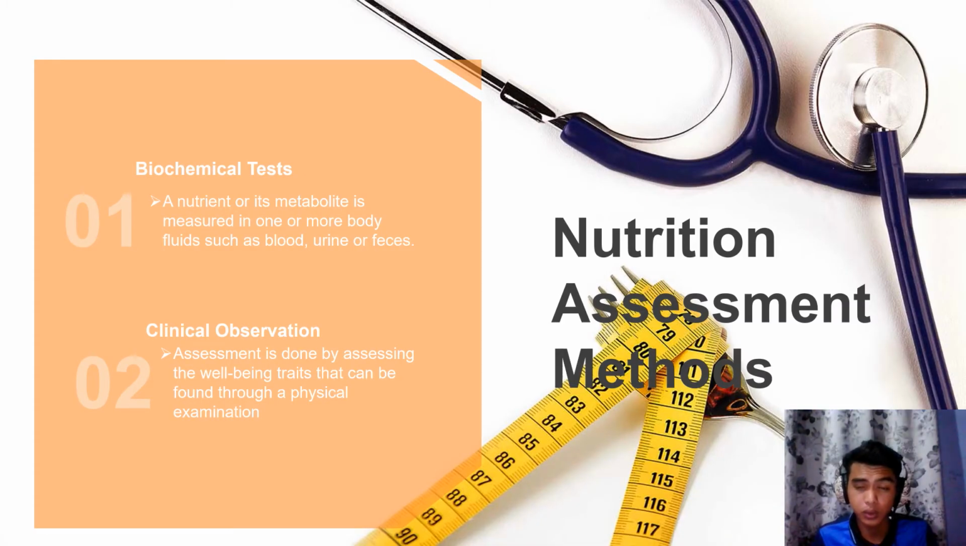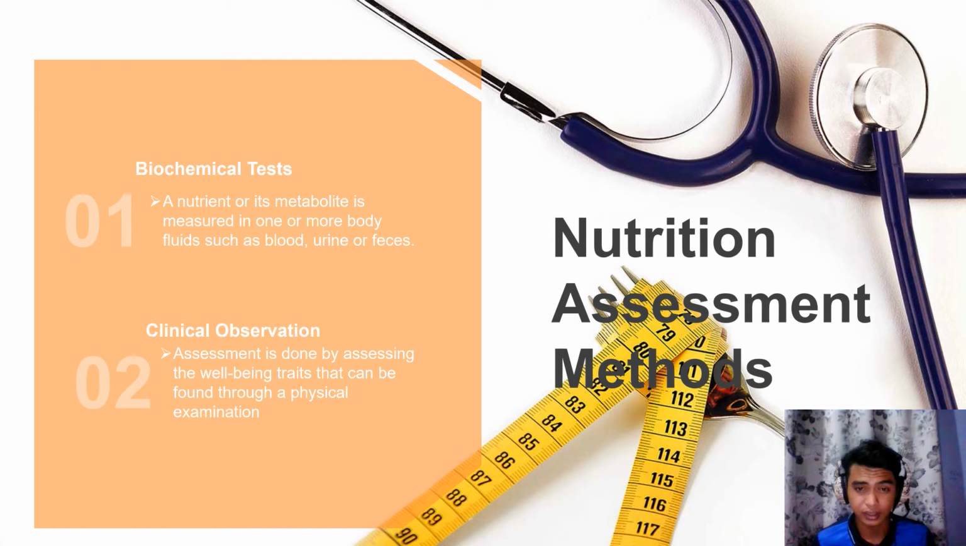Now we talk about nutrition assessment methods. We have two things that we must know. First is biochemical tests, and second is clinical observation. In a biochemical test, a nutrient or its metabolite is measured in one or more body fluids such as blood, urine, and feces. Clinical observation is done by assessing well-being traits that can be found through a physical examination. Okay, this is a simple thing. We go to